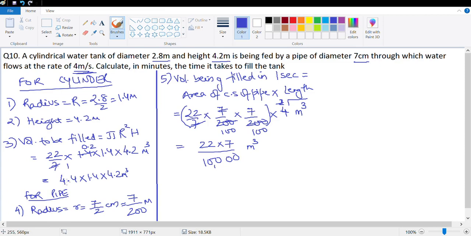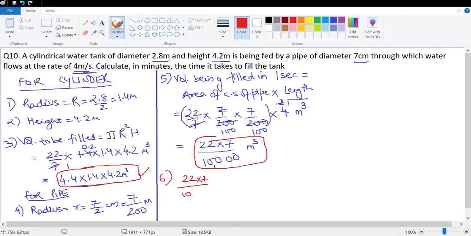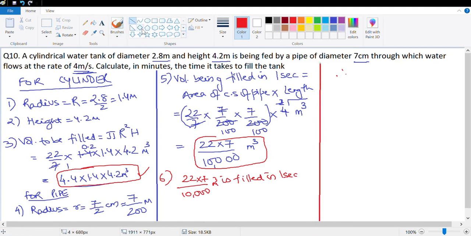This volume will come out in how many seconds? That's the question. Correct? So 22 into 7 upon 10,000 is the volume coming out in 1 second. This is the volume we need to fill. It's basic unitary method. So 22 into 7 upon 10,000 meter cube is filled in 1 second. Therefore, just draw a line here, demark it. Perfect. Therefore, 4.4 into 1.4 into 4.2 meter cube gets filled in